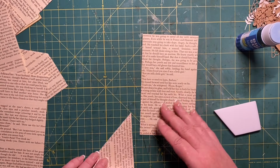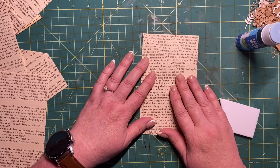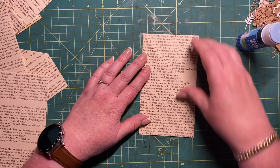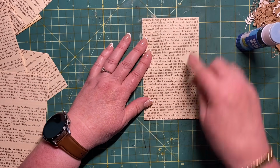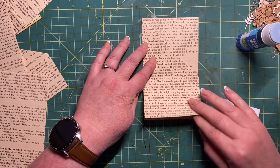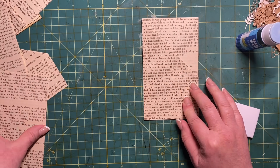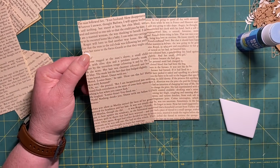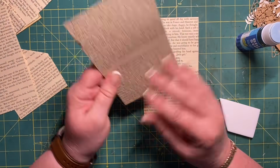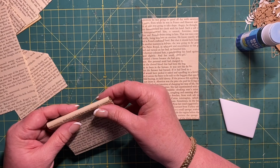Okay, so then I line that pointy sharp end there, and then that comes down here. So this side and this side are both the same, and actually in this case that has lined up at the bottom as well. And then I get my book page, and I might use this one because that is a nice book block there, and I just